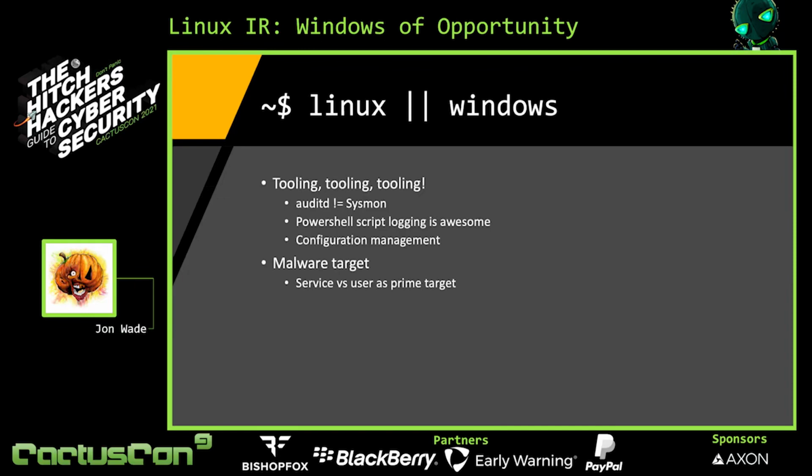PowerShell script logging is awesome on Windows, but on Linux, it's not really an easy replacement for doing Bash script logging, for example, or just Shell, or Perl, or Python. Any of that script logging, there's not a good way to do that in Linux. Managing security settings across the fleet of Windows is super easy. You standardize with GPOs. With Linux, you're almost spoiled by choice, but that just means that there's more ways to do it, but there's more ways to screw it up.